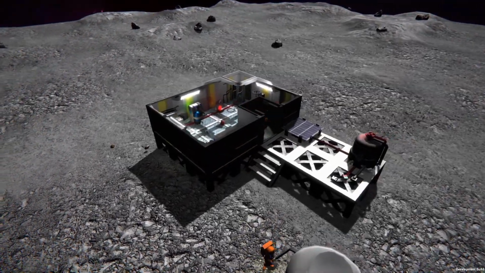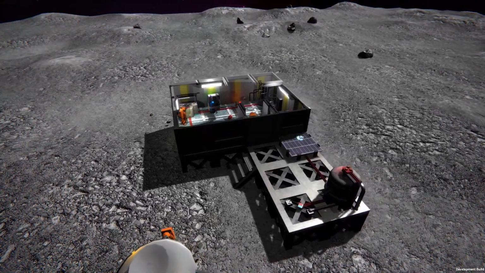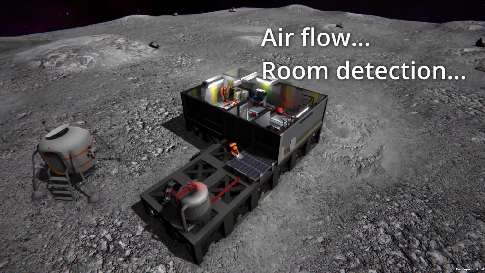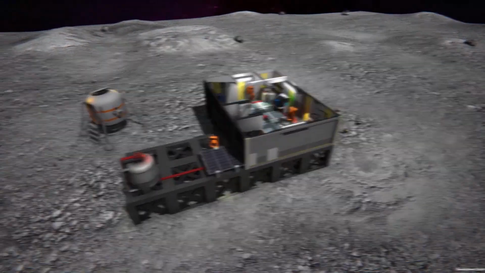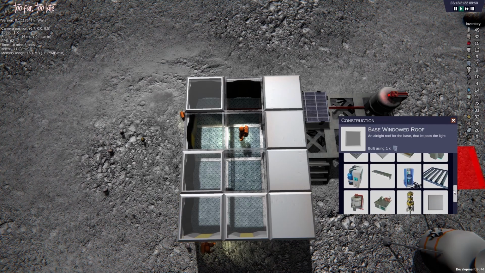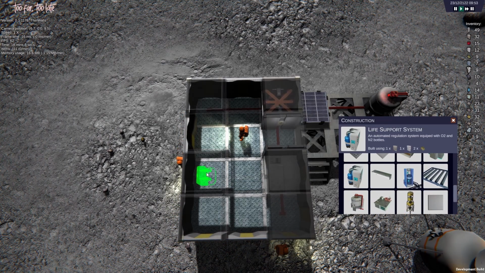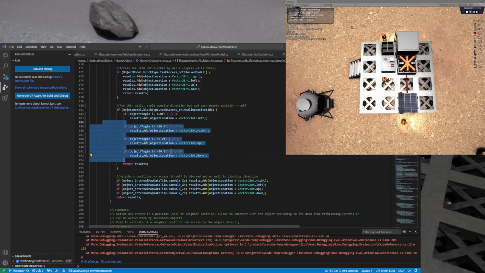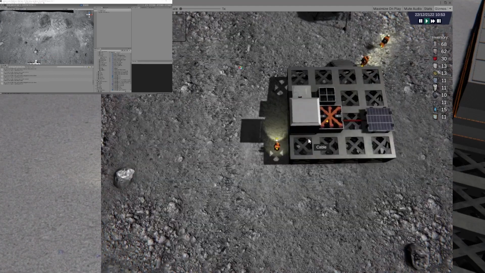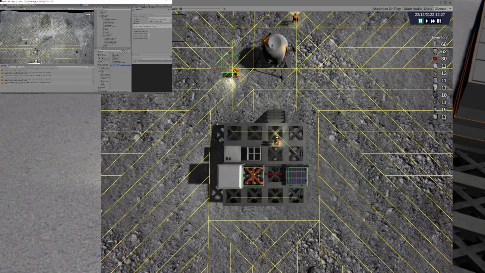That would be too easy if this change was not breaking many other systems in the game. The pathfinding, task system, airflow and room detection were not compatible immediately. Characters could even access an inventory from behind a wall. That was a lot of systems to adapt, but I was up to the challenge. It took me about a whole month to make these changes to the game. But the good thing was that I managed to implement some performance optimization during this process.